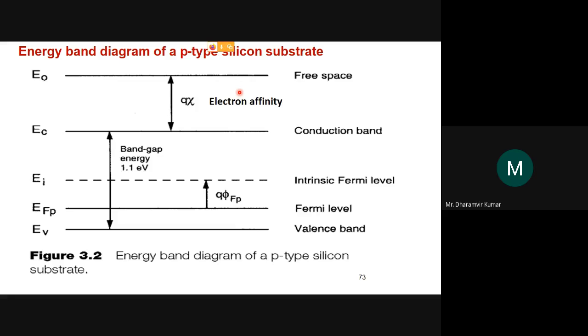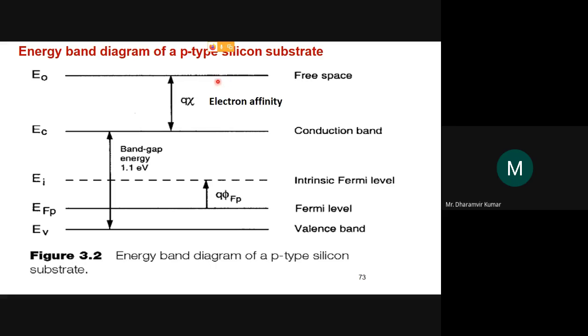Okay, so it will extend up to free space, right? Because if this is a material, the material is placed in some sort of atmosphere. Okay, atmosphere, and there is a boundary that is clearly present between the atmosphere and the material. So there is a defining boundary. You can imagine that particular boundary somewhere here. Above this is all free space or the atmosphere, and below this, in this range, is actually the